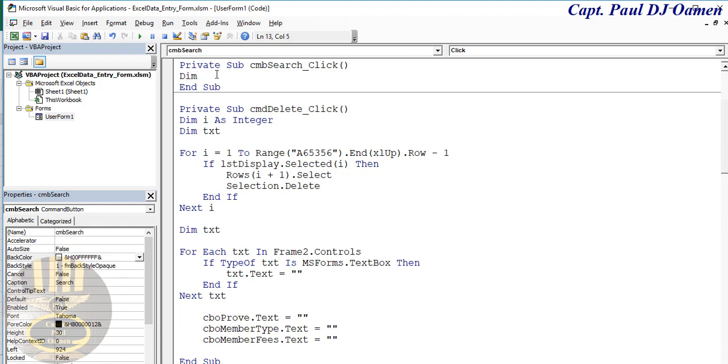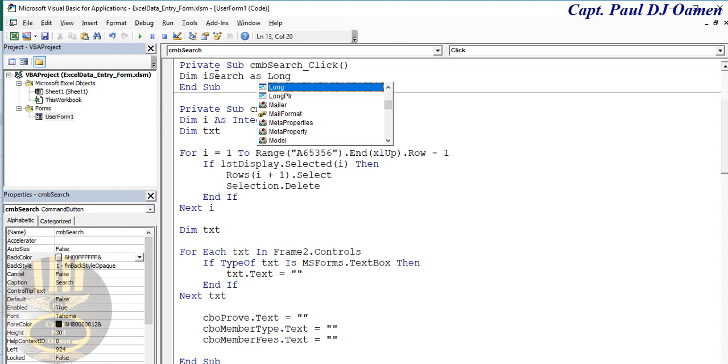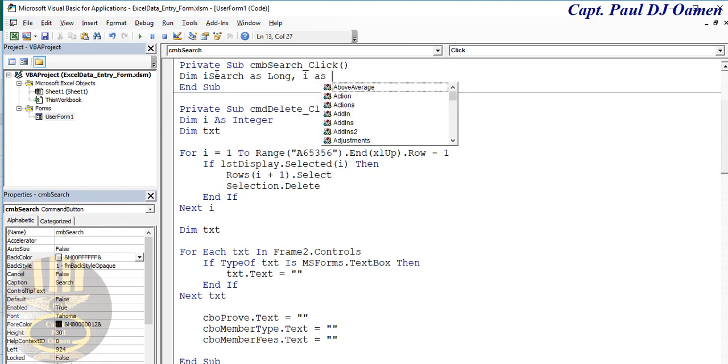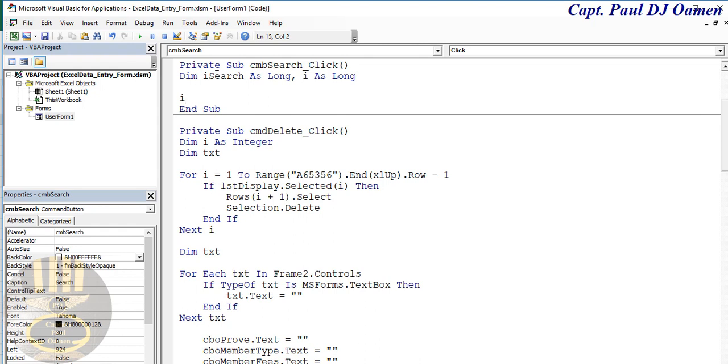Let's declare dim I search, that's just a variable that I made up, as long, comma, and I as long as well. Then I search equals